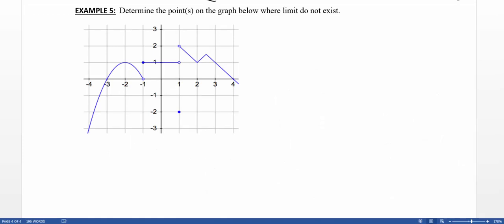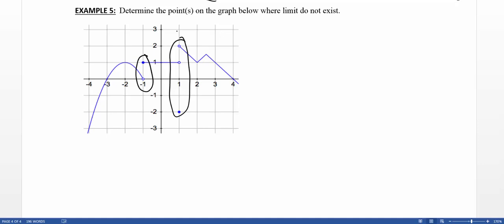So finally, we want to have a good intuition about looking at a graph and determining where the limit is not going to exist. So you can see that at the points where the function is continuous, the limit is going to exist because we're always going to be approaching the same y value from the left and the right. The points where we get concerned are the points where our function is jumping or has what's called discontinuities. We're going to talk more in depth about this in the next section. But here, where our graph doesn't seem to continue in a nice even flow, are the points where we're really